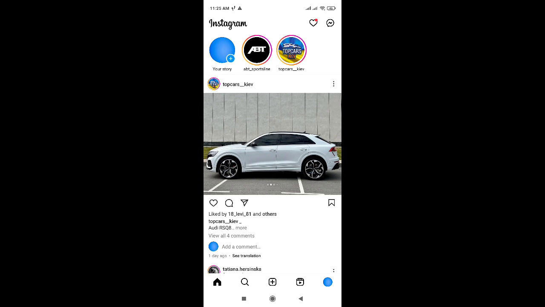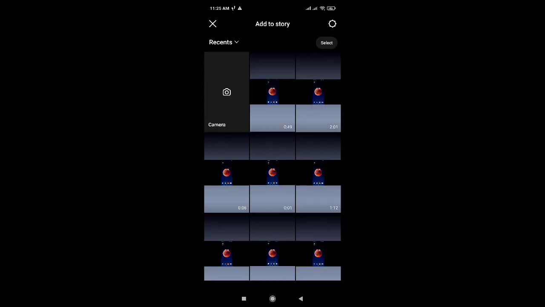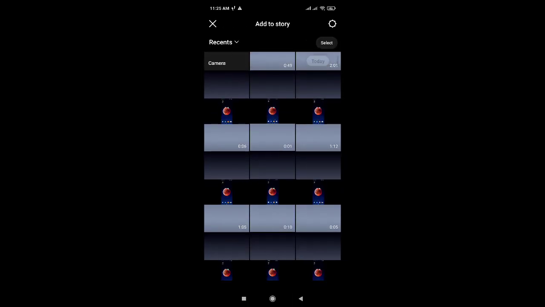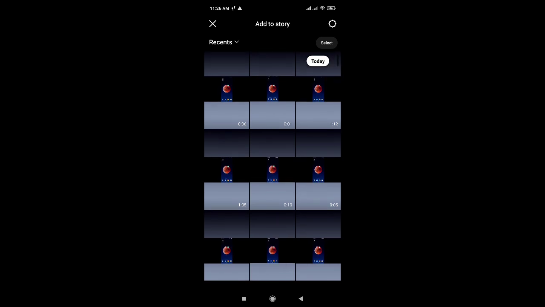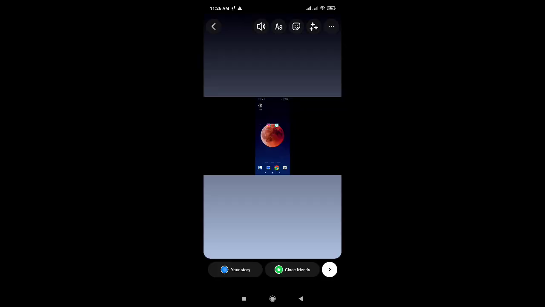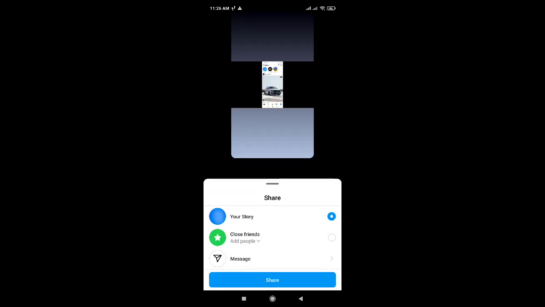Click on the plus, and here set the story to 60 seconds and more, and just select this for our story, and you can just click on the arrow here. Here set the privacy parameter of our story, and then just click on the blue share button